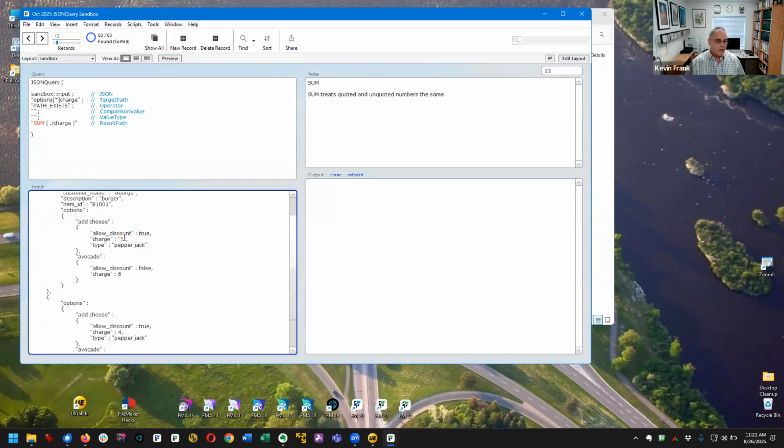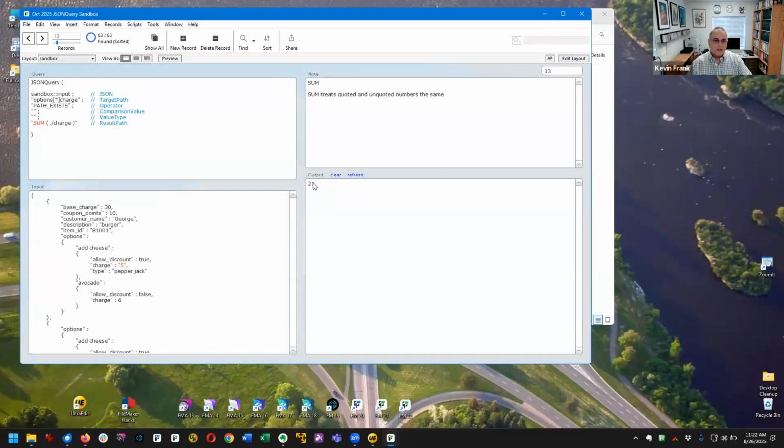And notice I called out the text string number and left the real numbers as they are. So one of our numbers is quoted, right? And now probably if I were to say, hey, give me the total amount here, I'd probably want that also. So sum treats quoted and unquoted numbers the same. So I got 21. But if I were to say, actually, I want to ignore quoted numbers and only